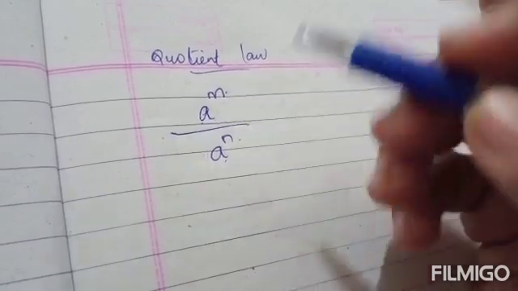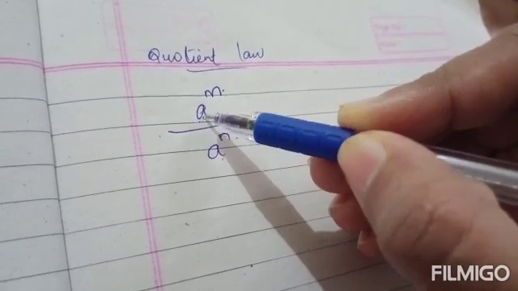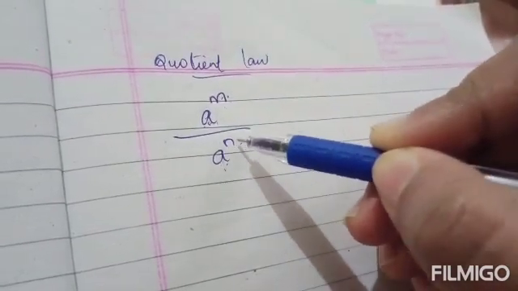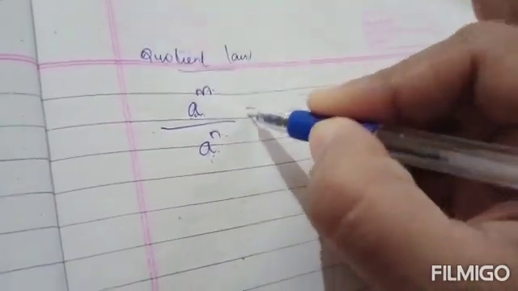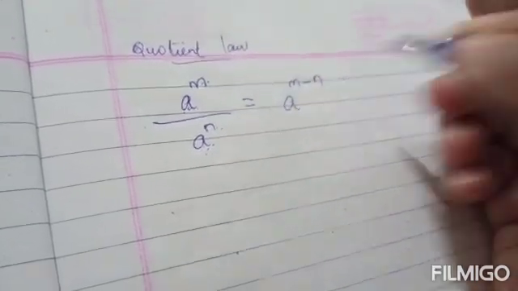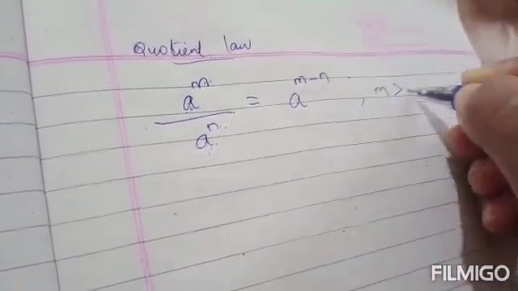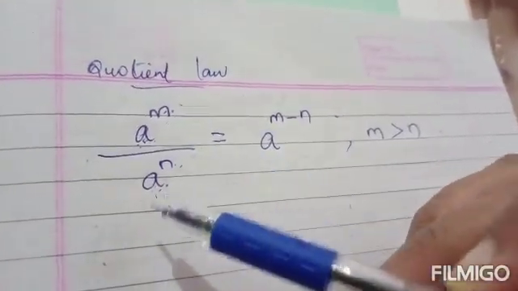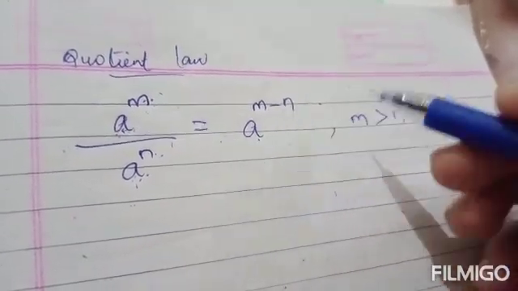And these two exponents have the same base. You can see here it is a. This is base and this is power. Here also base is a, power is different. Powers will be different. So what you will get? A raised to m minus n. This is quotient law if m is greater than n. a raised to m divided by a raised to n equal to a raised to m minus n if